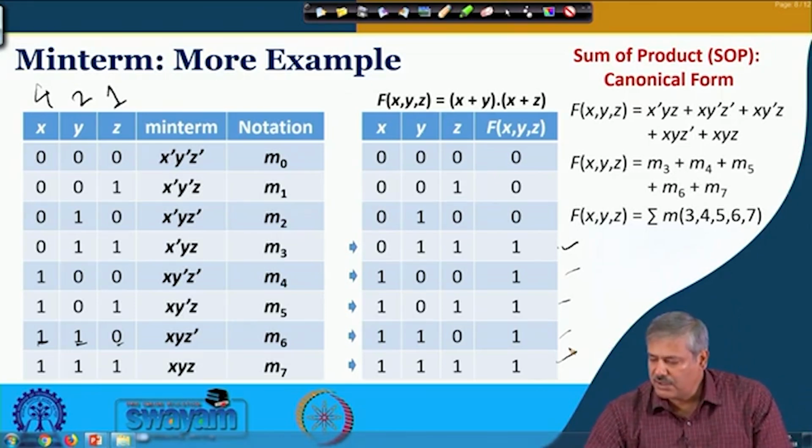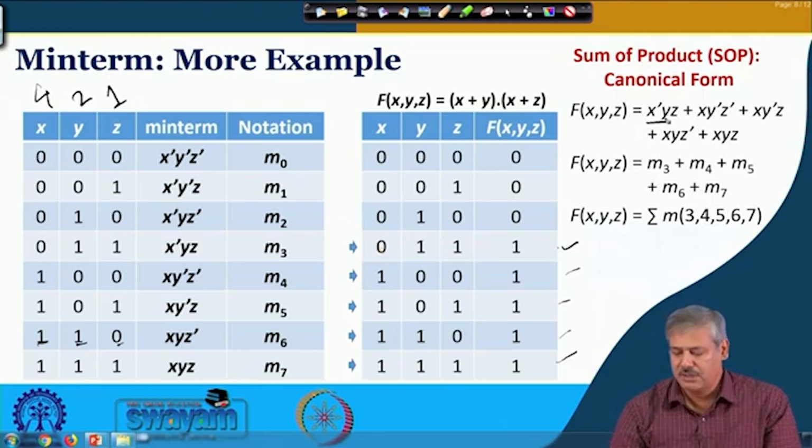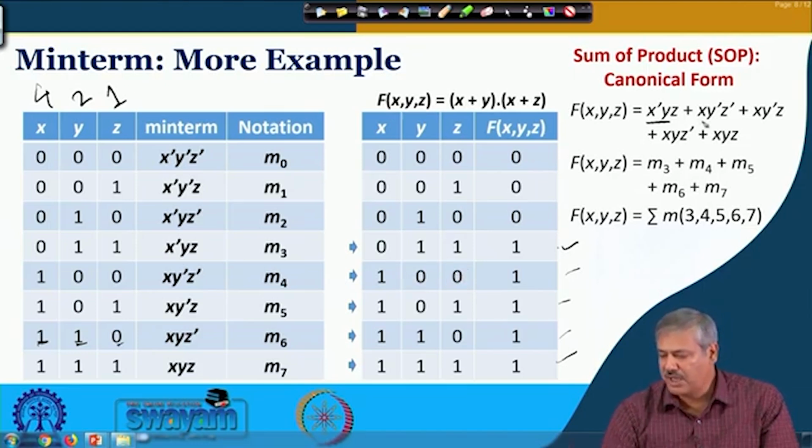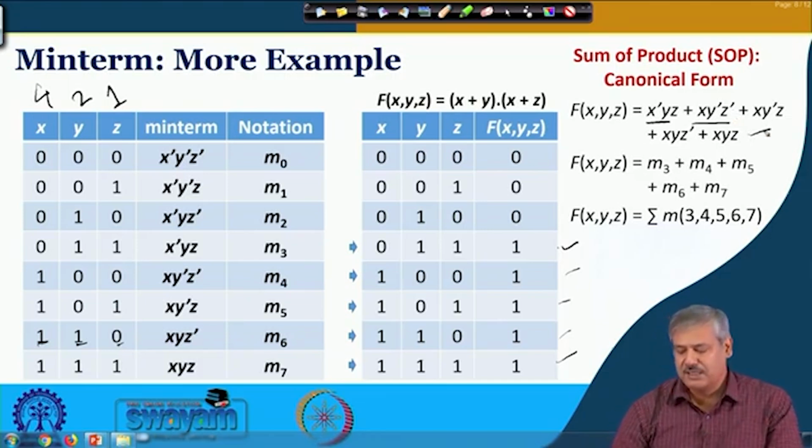So, this is the one where the first term x is 0, y and z are 1, for which the min term is generated. So, this is x prime because it is 0, and y z. So, x prime y z that you see. Next one is x is equal to 1. So, it will be x, then y is 0 and z is 0. So, y prime z prime. So, x y prime z prime. So, this way you will get all the 5 terms, and these 5 terms you can see M3, M4, M5,